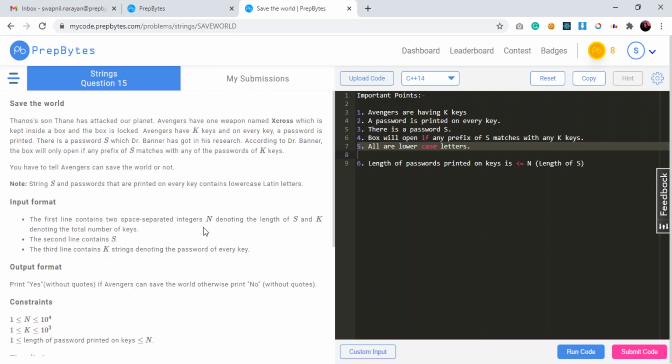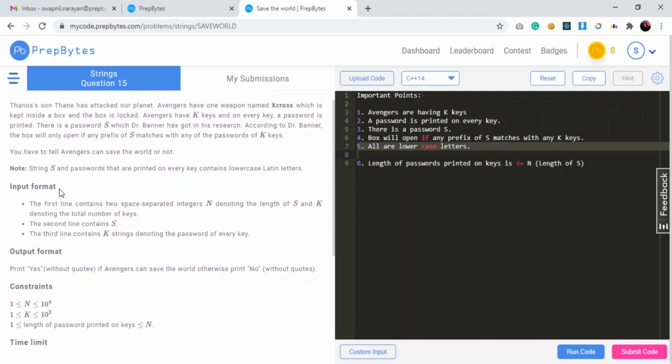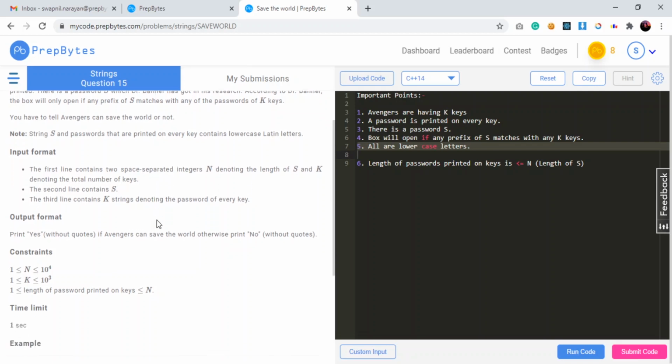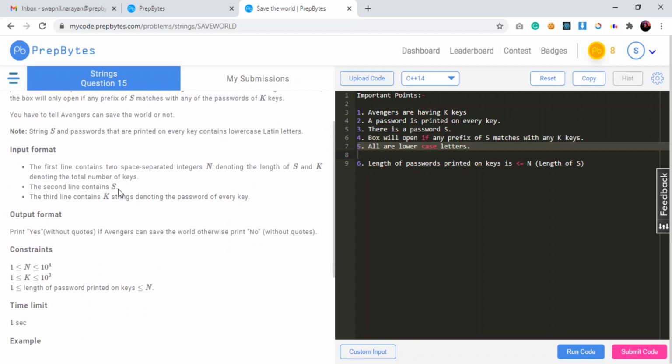Here we have the input format: the first line contains two space separated integers n and k, where n denotes the size of the password S, and k is denoting the total number of keys. The second line contains S, which is the password itself, and the third line contains k keys denoting the password of every key.